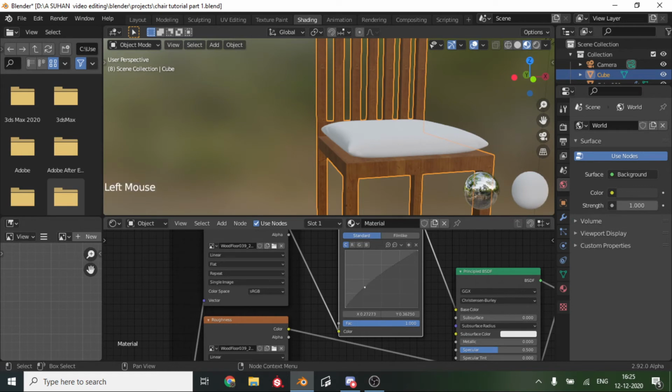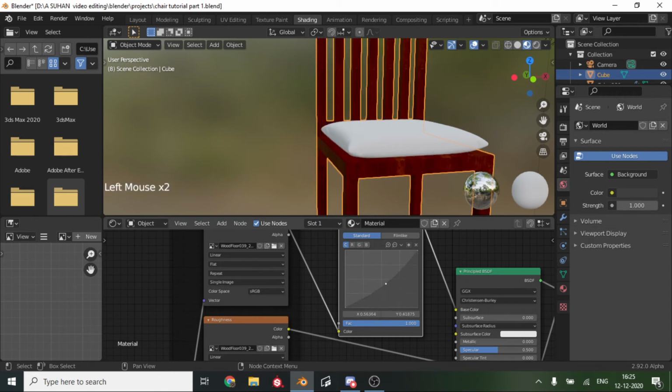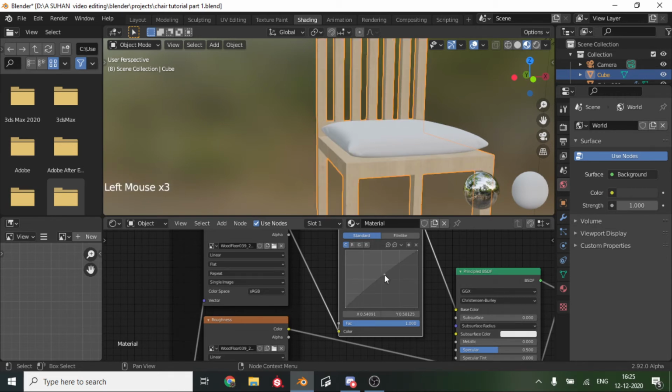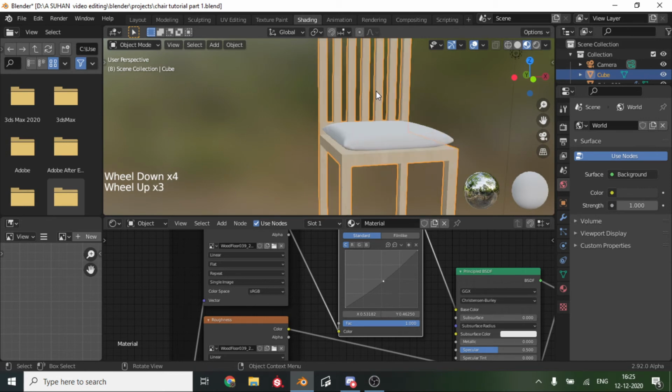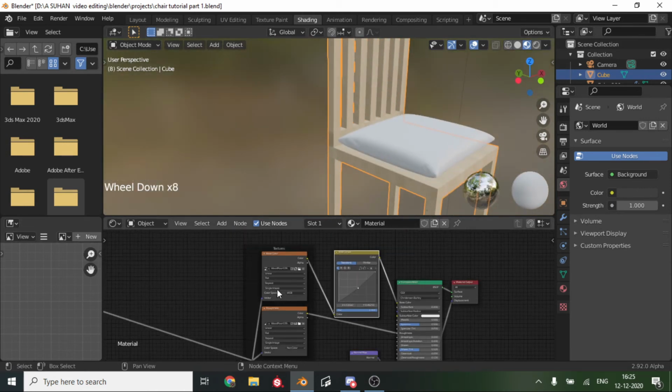You can change the color either to look really bland or look really concentrated. It's up to you. But for me, I like it the way it is. Or we can add in a bit more contrast, and to me that looks good. You can experiment the way you want it, and you can also use your own textures if you want.